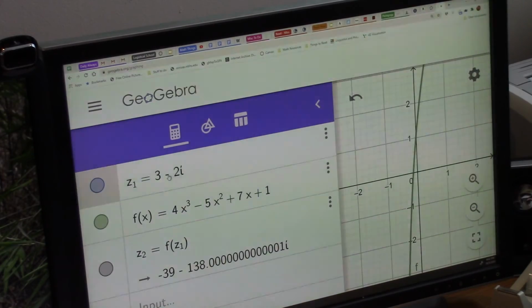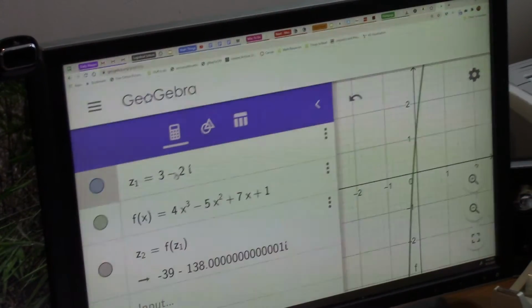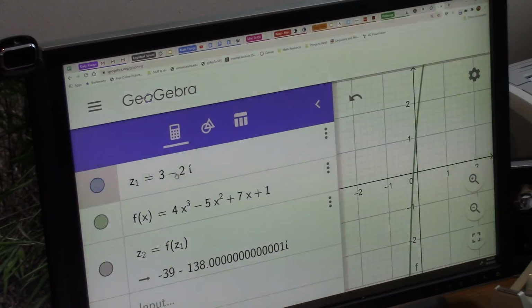Well, this kind of ruins the suspense a little bit. Let me change the problem to minus. So, suppose the generic complex number I think of is 3 minus 2i. Well, according to technology, which is merely saving us time, I could do this myself, but it would just be tedious. When you plug 3 minus 2i into this polynomial, you just get back negative 39